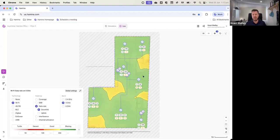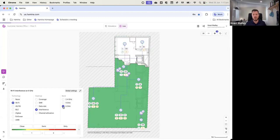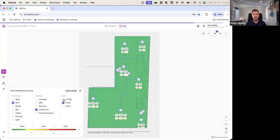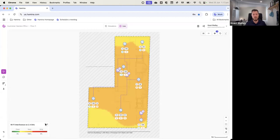You can sort of see these edge cases here that don't look great. There's probably also some CCI there. I've got interference as well. And so, depending on what I've got on the interference side, I can have a look around here. Maybe 2.4 is probably better. There we go. And so when I minimize that and I roll the mouse over, you'll see over on the